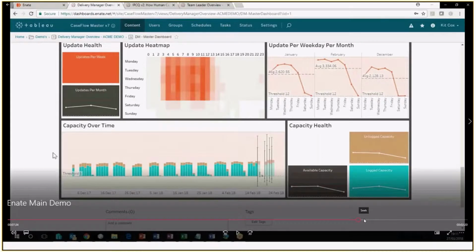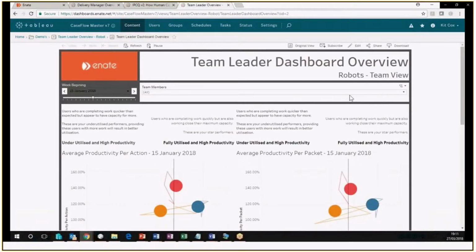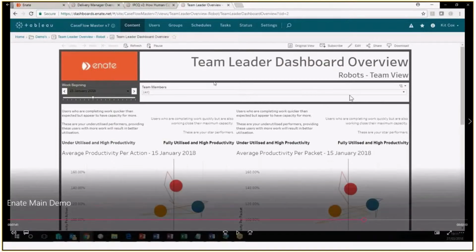If I move a little bit forward now, this is information about productivity and utilization. This is a team owner who's looking at a bot team. Now Enate as a product has been designed for the business community, not for the technical community, and all the reports and MI are geared towards making it easy for business users to take decisions and understand how things are happening. So this team leader is looking at a bot team of 3. If I scroll to the right,